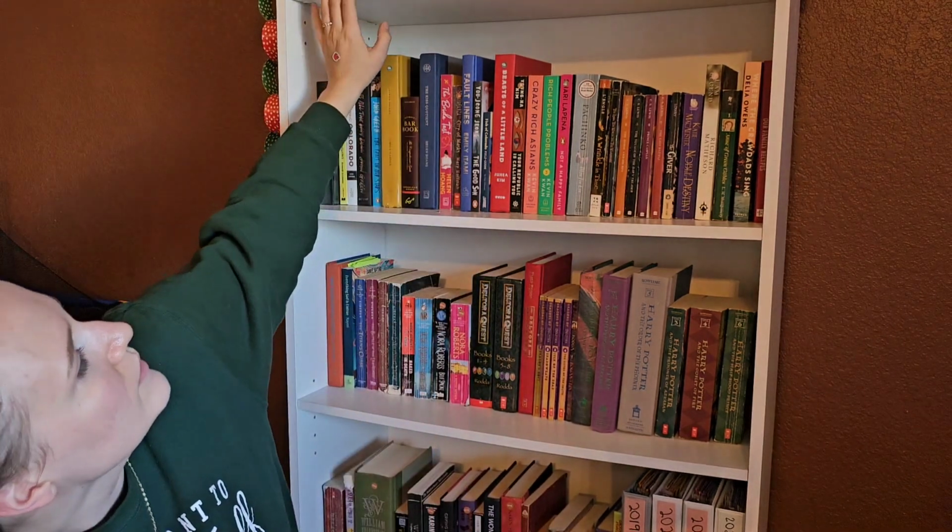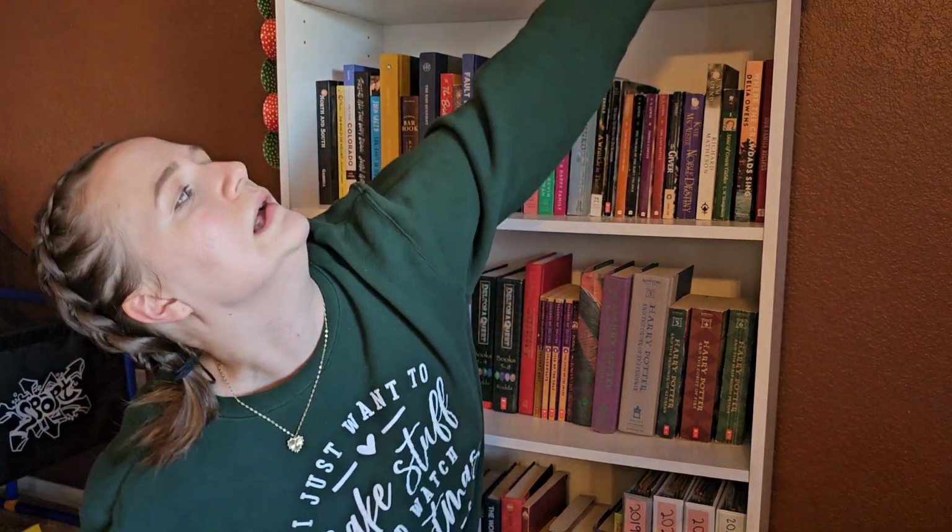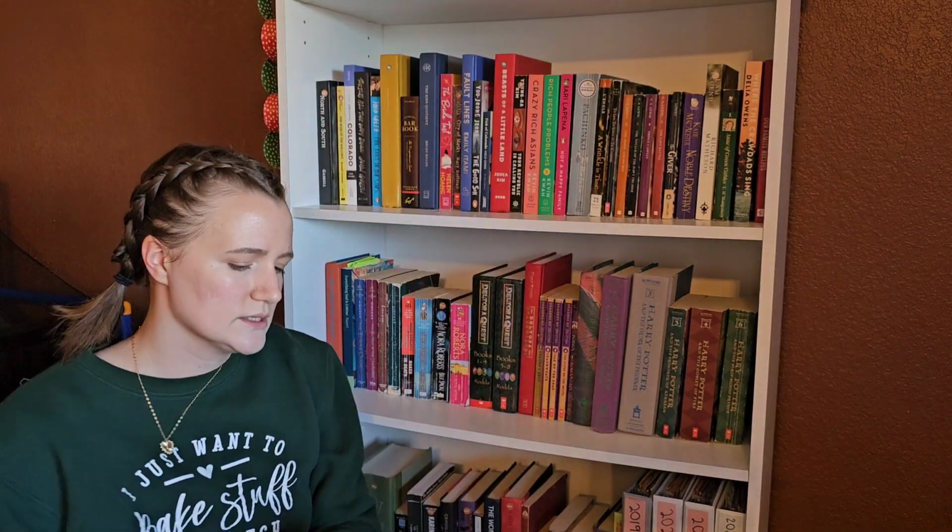The next book that we had was Neil Gaiman's The Graveyard Book. Being so frank, being so real with you, I didn't finish this. I got about 50% of the way through. Just boring. And I don't want to say that with a kid's book. It's like, if you think a kid's book is boring, you're never going to be able to read anything. But it was boring. Didn't have a lot of plot, wasn't a lot going on,